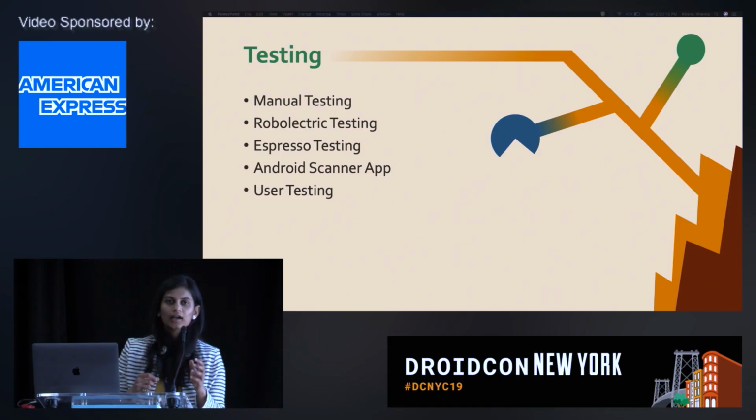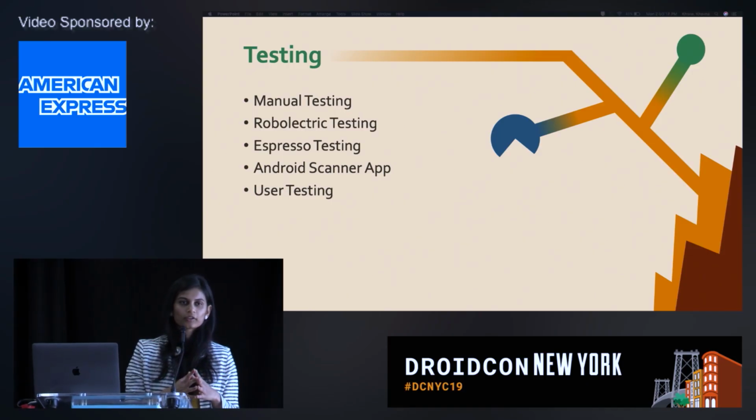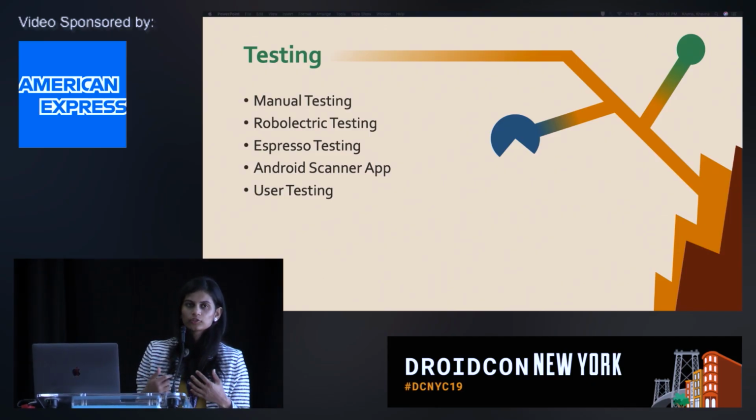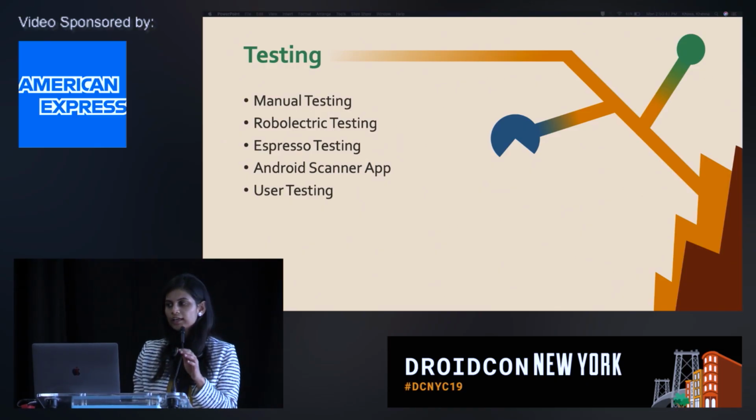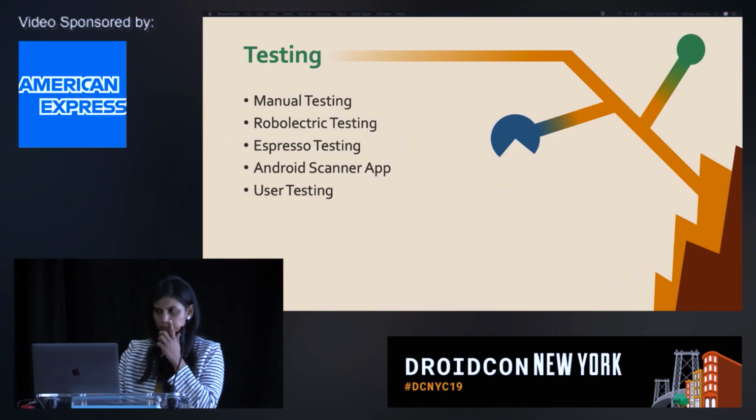And user testing. As developers, we've always known that we know what is best for the users. We know how they're going to use the app, how the flow of the app is going to be. But you can be wrong. I have been wrong. Sometimes you would get problems that you never thought of. So I think it's important that somebody who is testing with TalkBack, or somebody who usually uses TalkBack, tries to test your app, so you should seek help. You should get feedback around this, and it would really help you out in future.